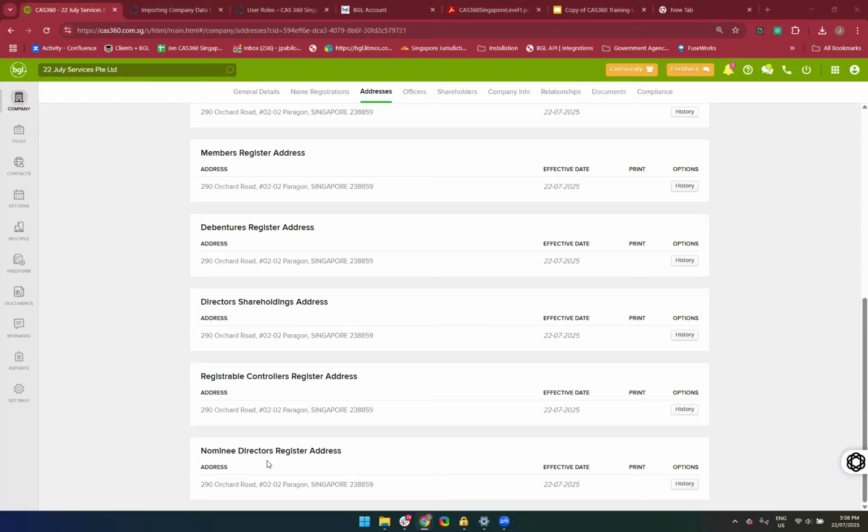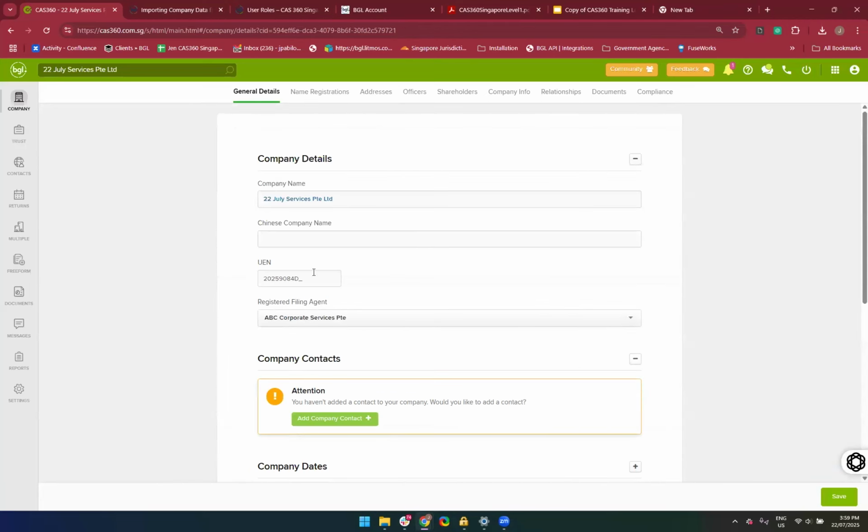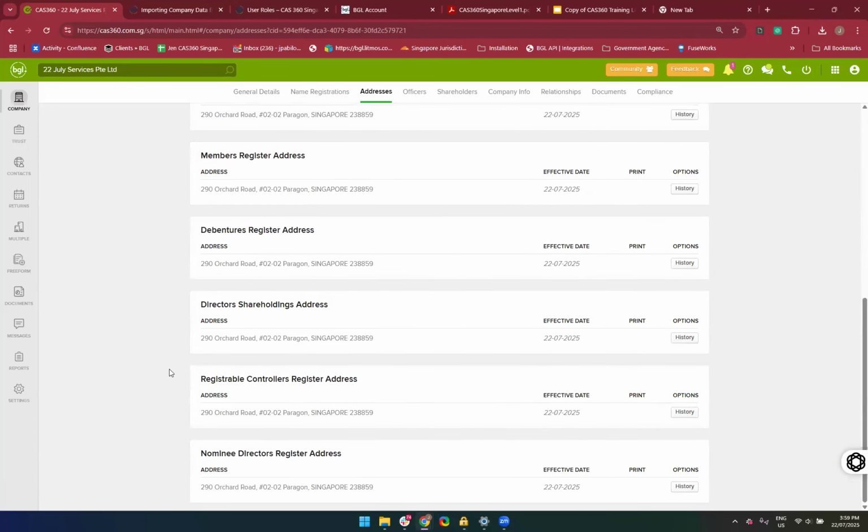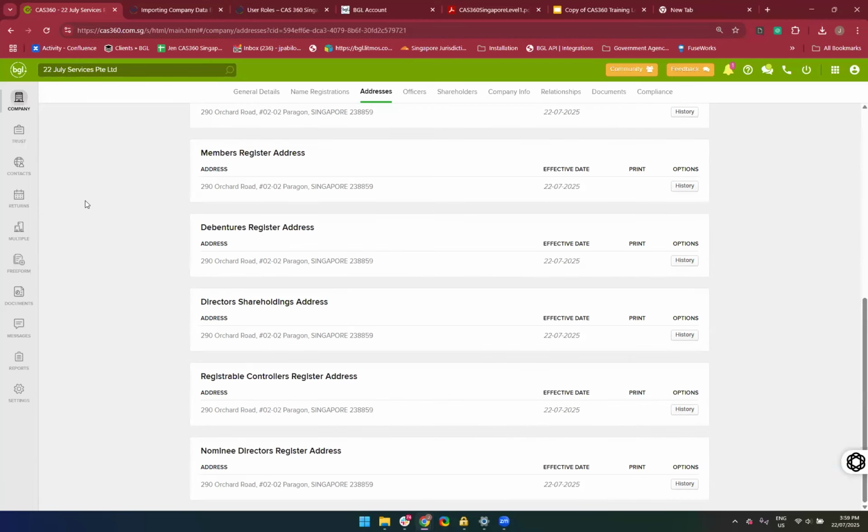If you are changing the location of the RORC and nominee directors' registers location based on your address, or the CorpSec address, you don't need to change this part. You just need to make sure that you've already assigned the registered filing agent. However, if, for example, the location of the registrable controller and nominee directors registers are not in any of the registered offices, whether theirs or the filing agent's